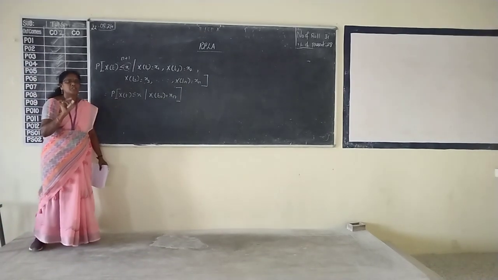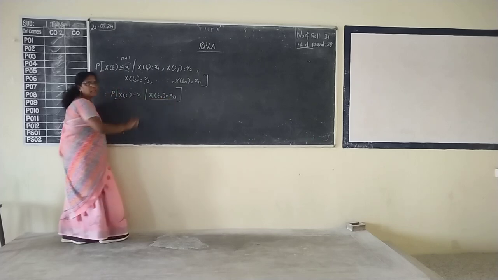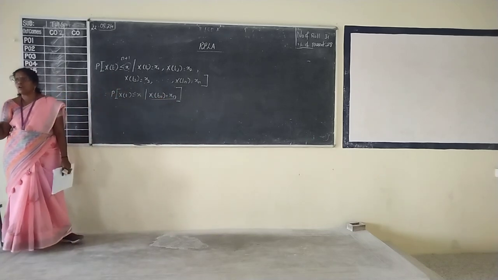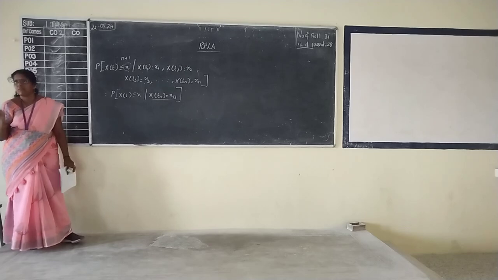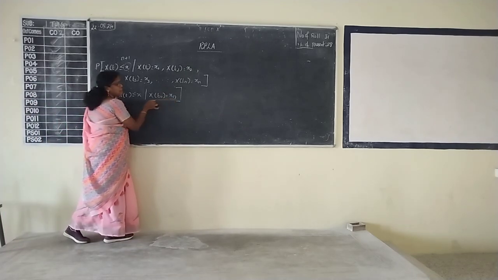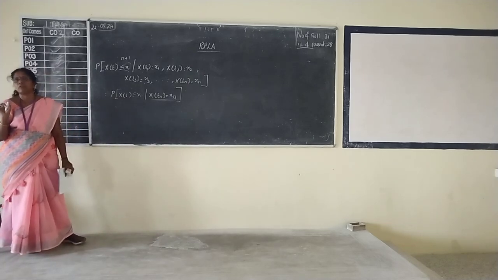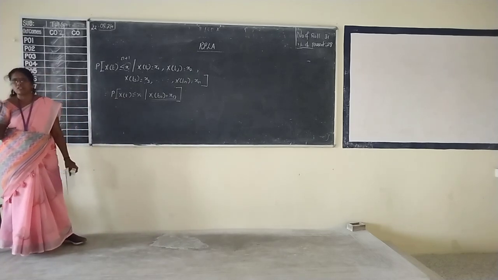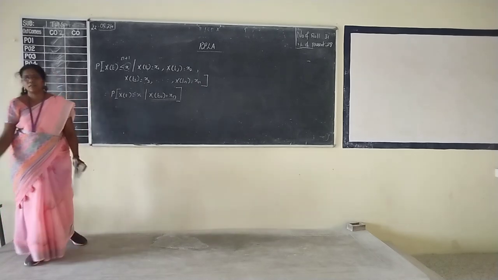For that, which information alone is enough for us? Only what happened in xn. I don't bother what happened in x1 or x2 or x3. That doesn't matter. If you know what has happened in the previous one, just on xn alone, that is enough for me to identify what happened in n plus 1. This concept is called the Markov process. Okay, so right, that is